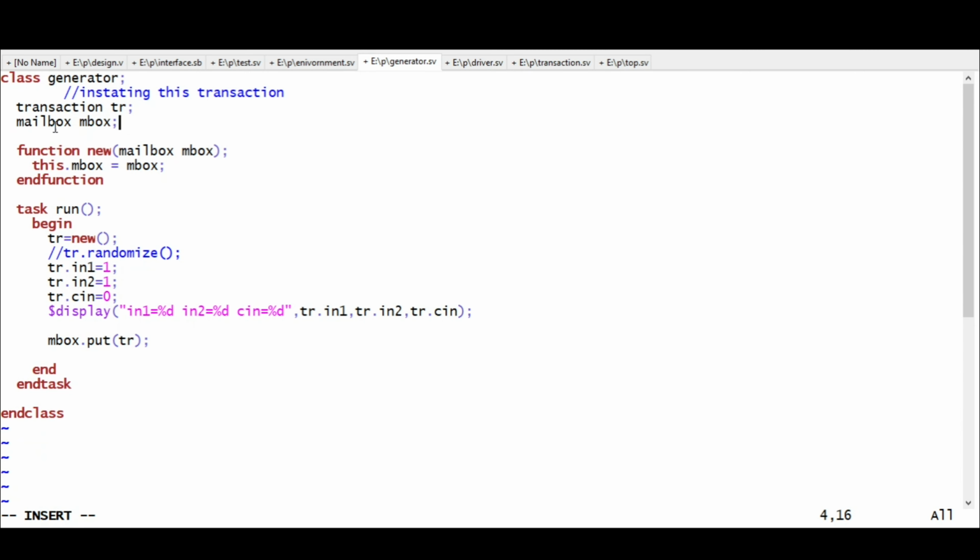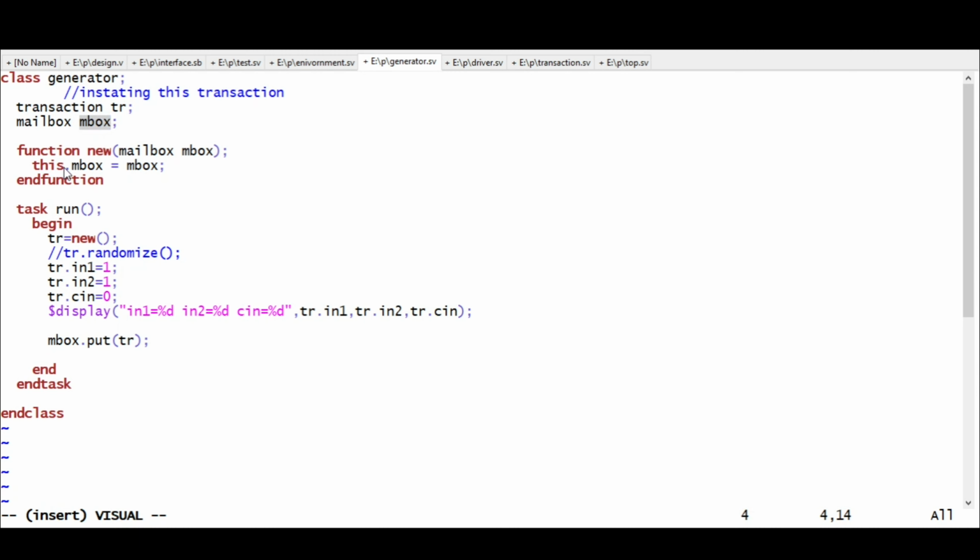For declaring the mailbox, you know the syntax: mailbox and the name. In the function new, we are getting an argument. I will explain further how we get this argument. For now, remember there is one argument, of type mailbox, and you are assigning this incoming mbox to the present mbox in this class.